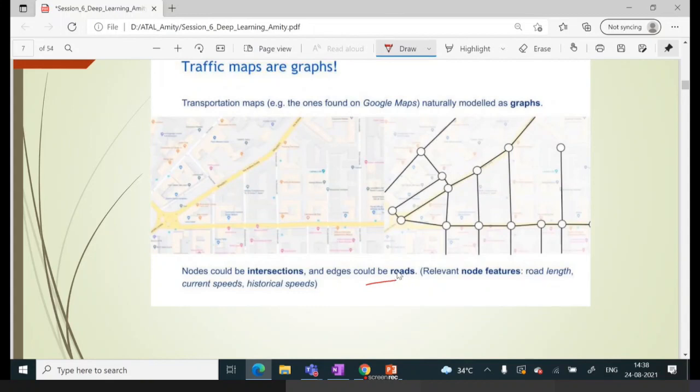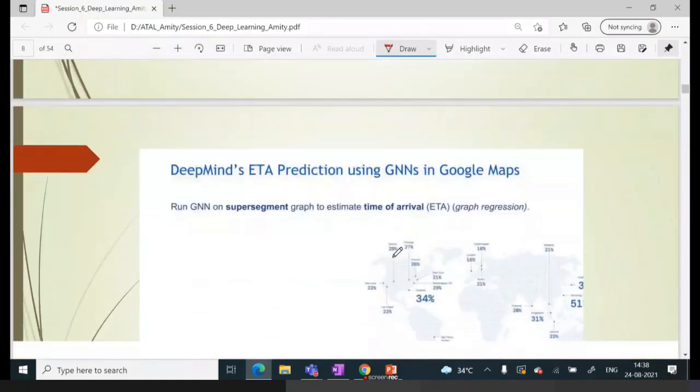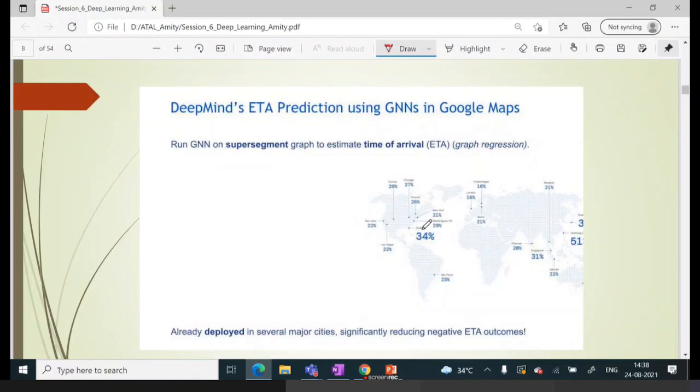So that is the idea of representation. And along with this, you can have different parameters also. For example, what is the length of the road? What is the current average speed of vehicles on that particular road on a particular given timeline? And you can also consider some historical speeds and so on. So by considering this representation and applying concepts of graph neural networks, actually